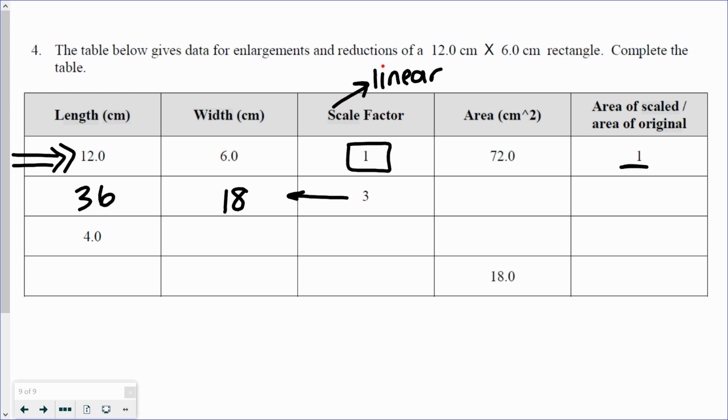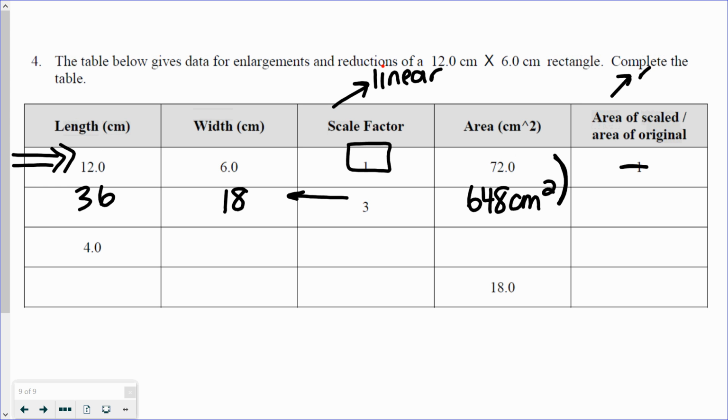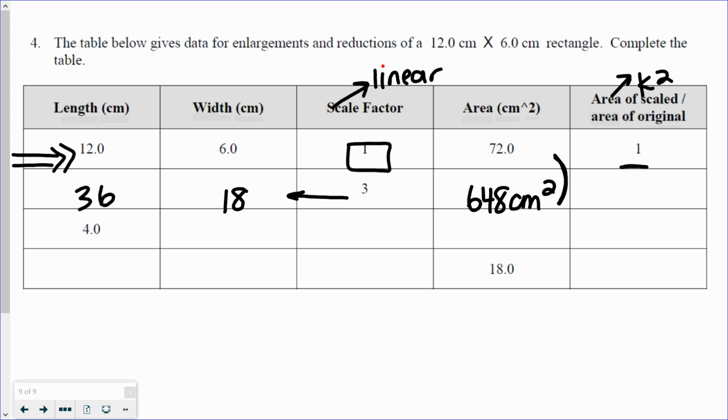Now to figure out the area of that, we could go 36 multiplied by 18. That gets us 648 centimeters squared. And now we could either compare these two numbers, or we could take our scale factor. So this is kind of reflective of our k squared value. So we could either go 648 divided by 72, or we could go 3 squared. So the area,